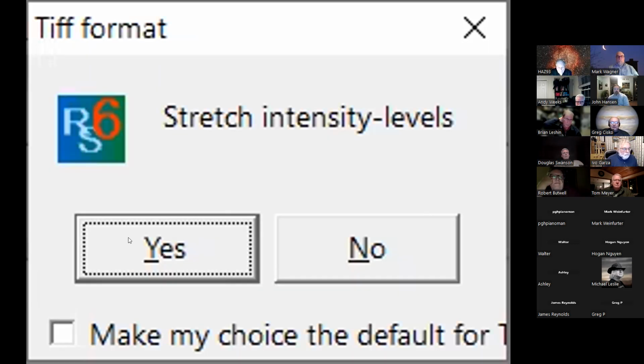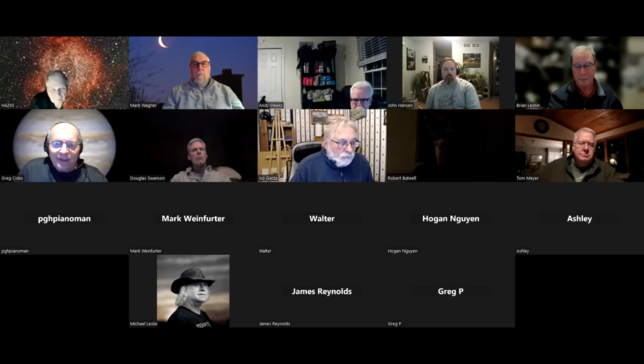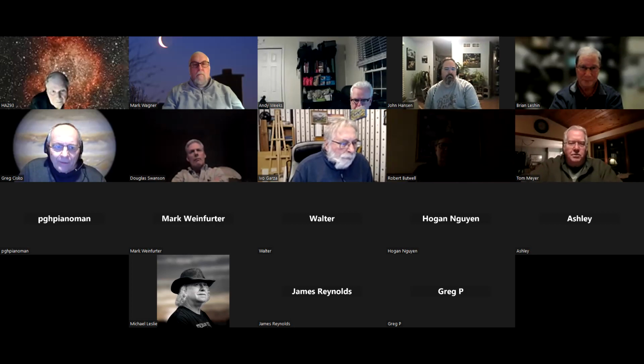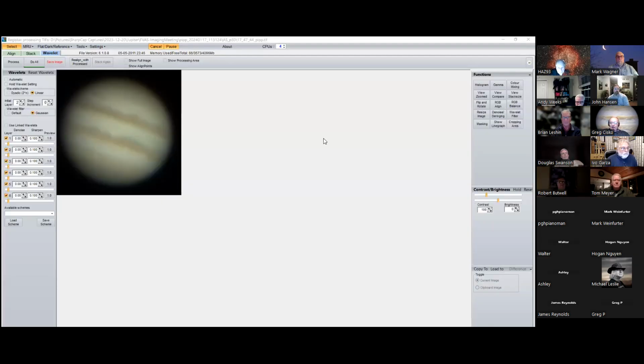Yeah, that's Registax saying that it's sent the stack to Registax. I'm going to click yes, and sharing a stop. This is great. Stand by. Great. If you take the default, you just share your whole screen. All right, so there is the image that we just